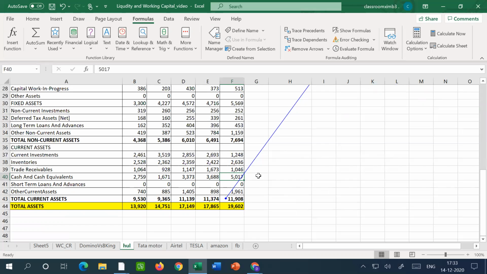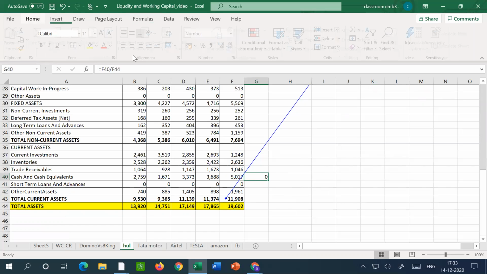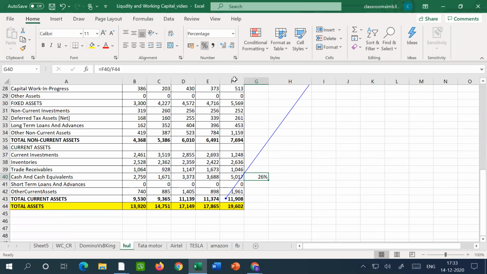That means the company is sitting on liquid cash on the balance sheet, which is approximately 25% of the total assets. What about